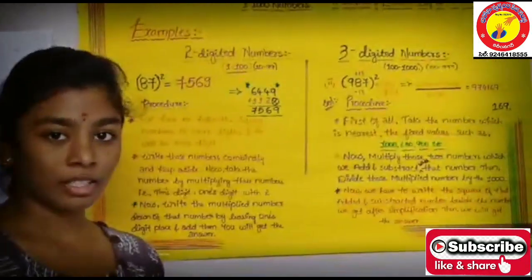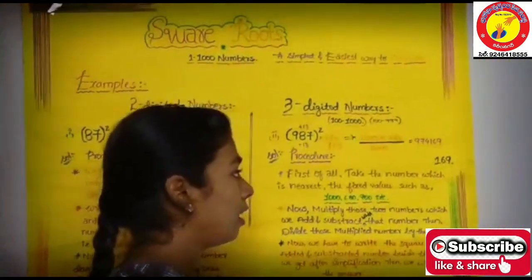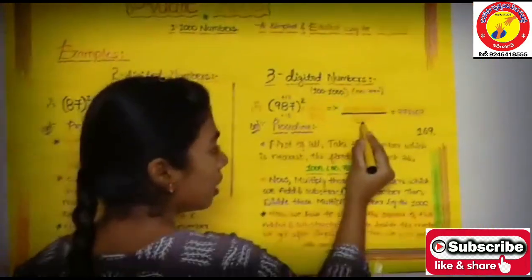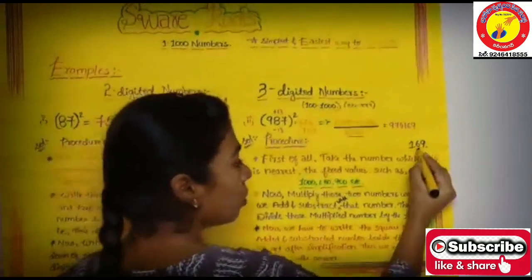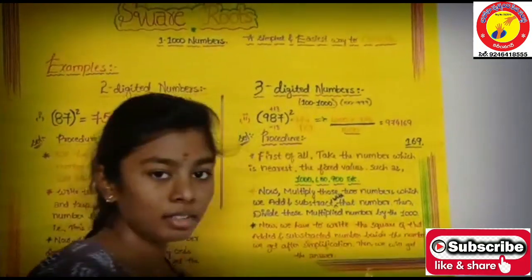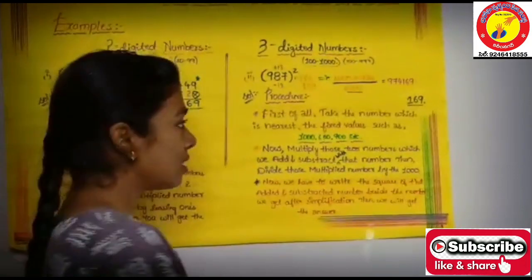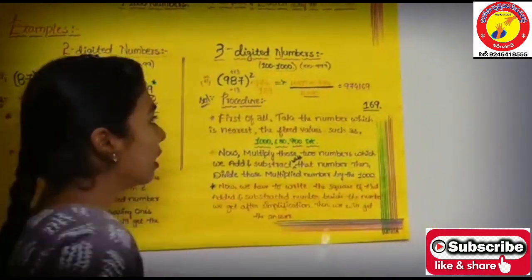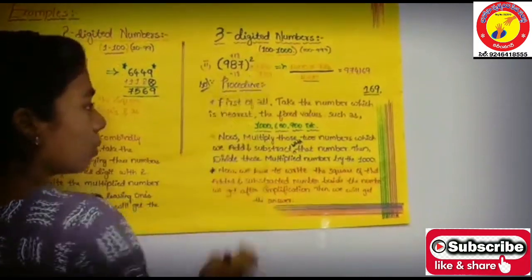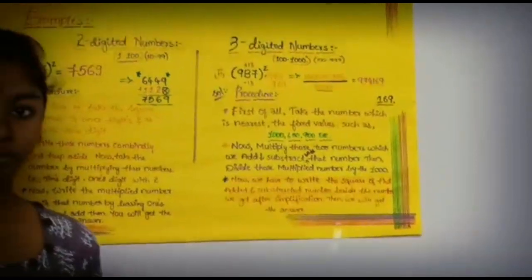As we get the value of 13 square is equal to 169, we have to write like this aside. After writing aside, we have denoted here 3 zeros. As we have 3 zeros, we have to denote here 3 digits of 169. As 169 has only 3 digits, we have to write in this form. So we get the value of 987 whole square is equal to 974169. Thank you.